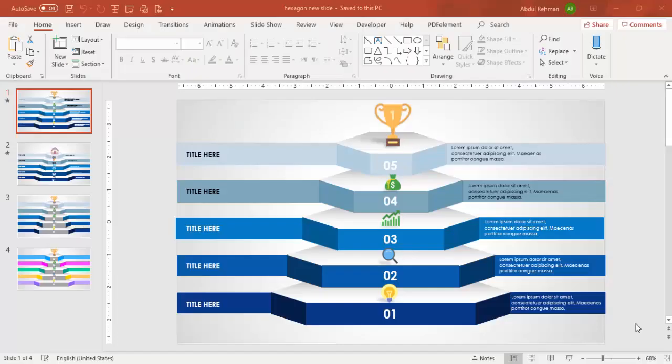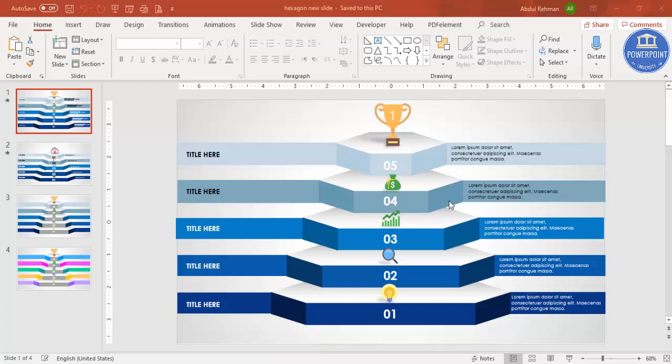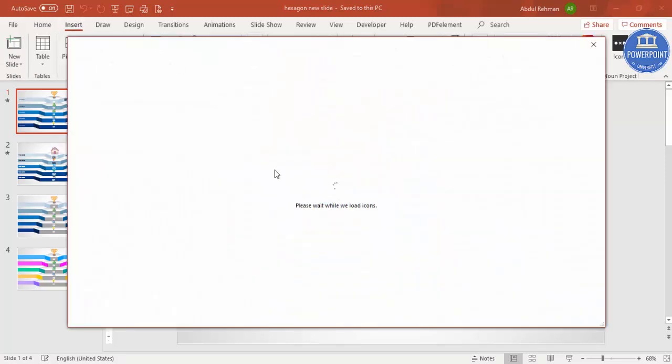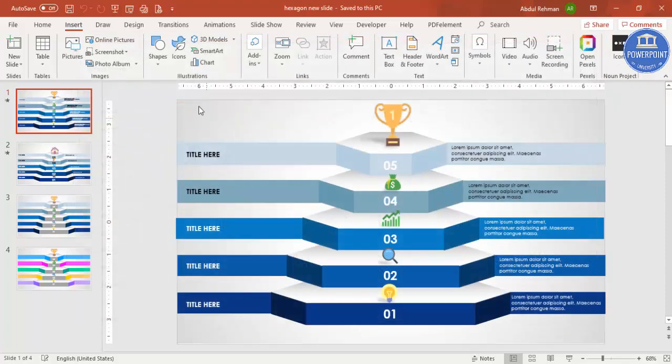In my presentations, I extensively use the icons, and many people ask me where to get these icons from. So generally I used to tell, okay, you can go to insert and use these icons. But the problem is not everyone is having the latest version of PowerPoint. So this particular feature does not exist at all in the older versions of PowerPoint. So the question is where to get the icons from.